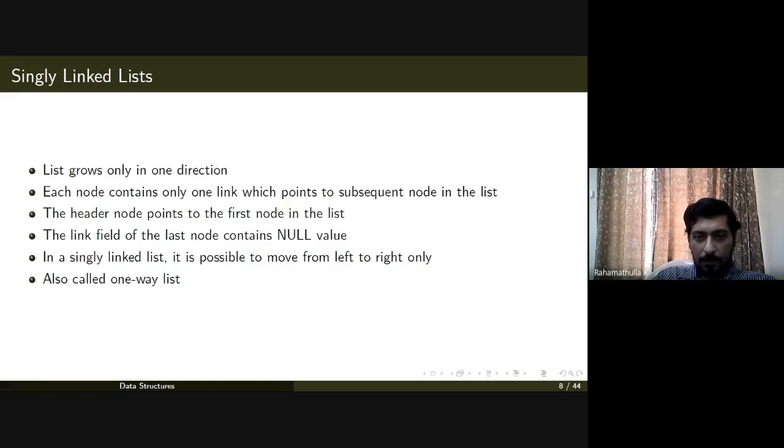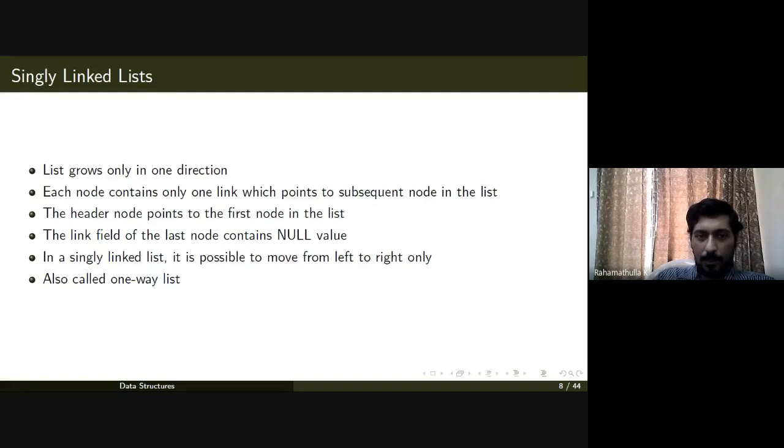So you can think of another data structure where you can have more than one link, which may be pointing to more than one node in the linked list. So that may be a doubly linked list, or any other data structure you can create on your own. Those who have some idea, you can create it on your own.